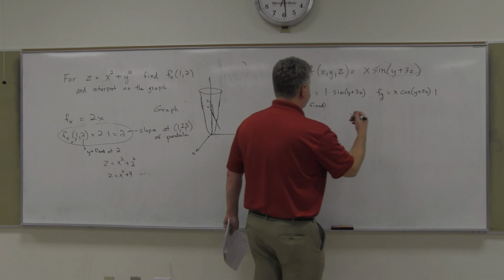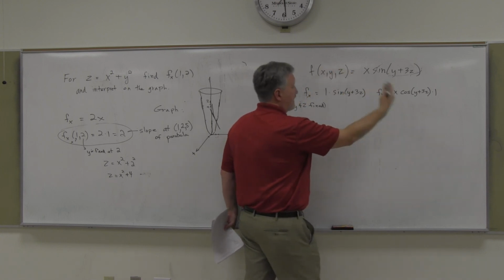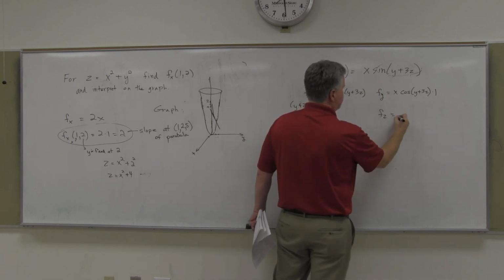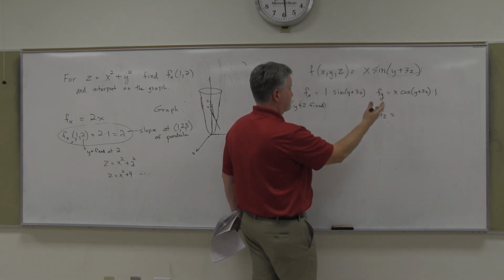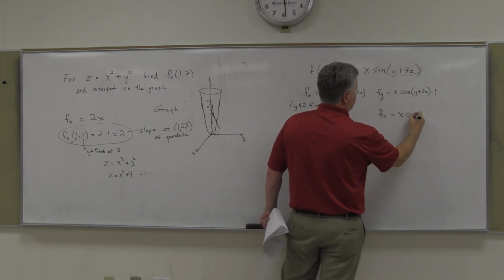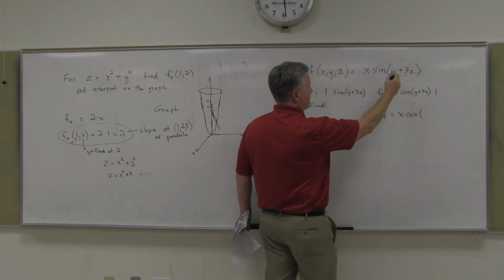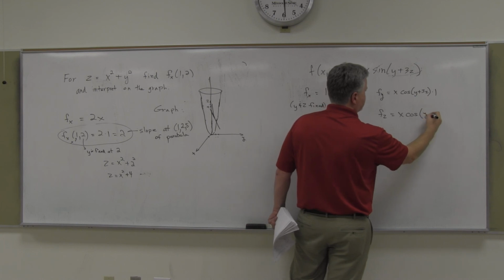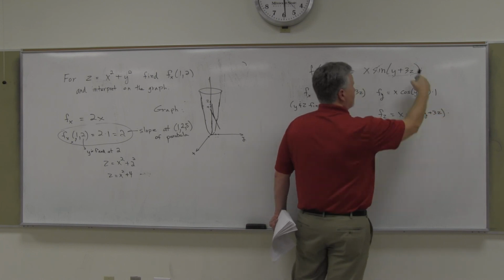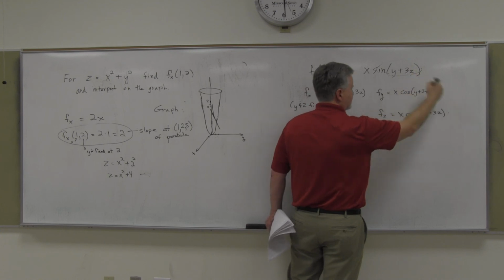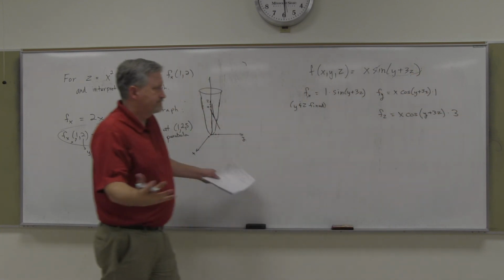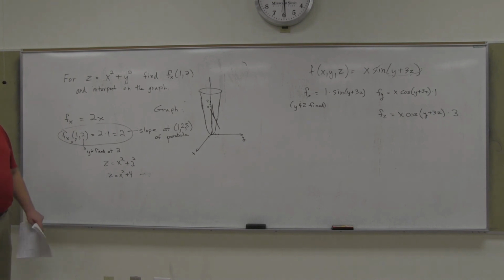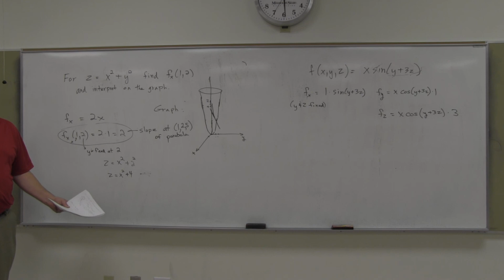And then, since it's a function of x, y, and z, I can also do partial with respect to z. Same deal, the y and the x are fixed. So that's basically the same story, except derivative of the outside is cosine, the inside stays the same. But the derivative of the inside, well, since I'm doing it with respect to z, I need to multiply by 3. So yeah, we can extend it to 4 variables, 10 variables, whatever we want. Okay. All right, now,